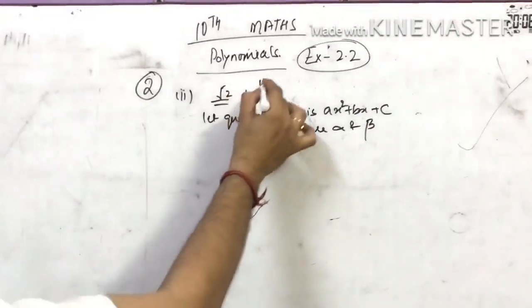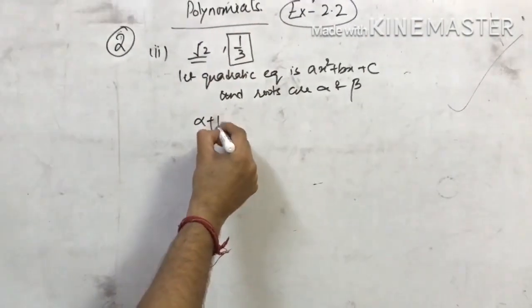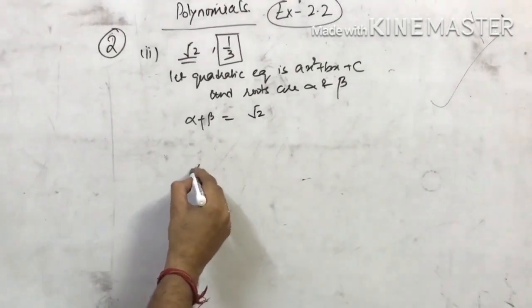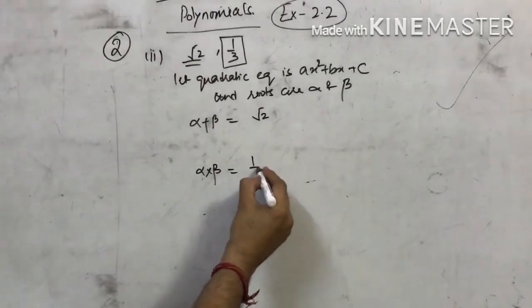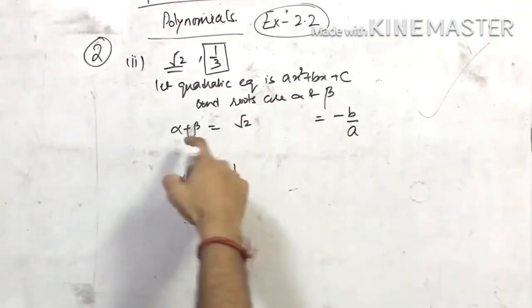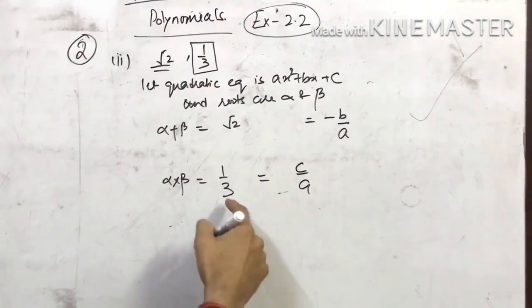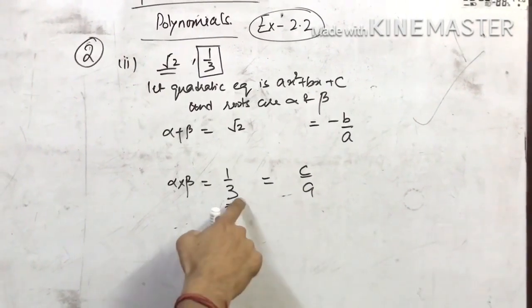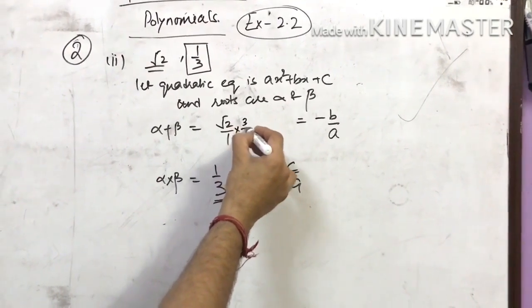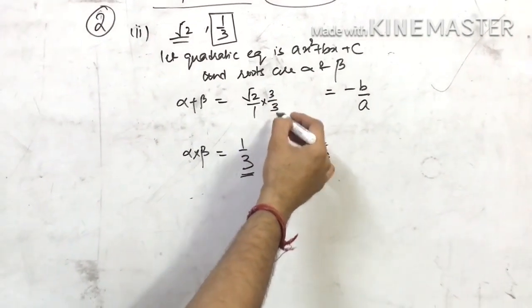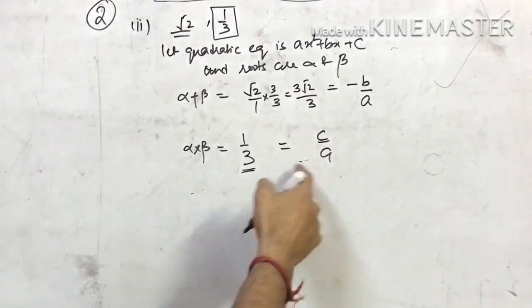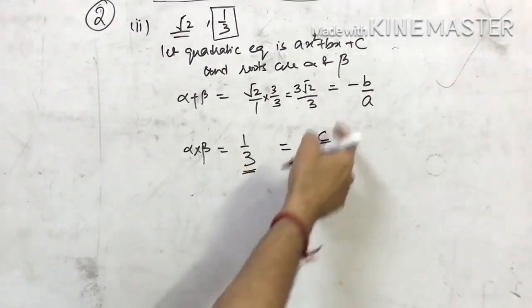So we assume that our roots are alpha and beta. It is given that the sum of roots is this and the product of roots is this. So sum of roots is equal to root 2. As far as the product of roots is concerned, the product of roots is 1 over 3. You know it is minus b over a, the sum of roots, and it is c over a, the product of roots. Now again a is here 3, but here a is 1, so we have to find the equivalent fraction so that both a are equal. So we multiply by 3 in numerator and denominator, you will get 3 root 2 over 3. Now a is the same, so now you can find the values of a, b, c by comparing these two.